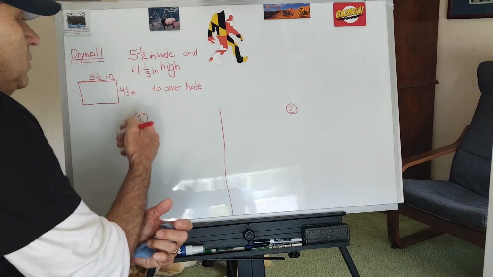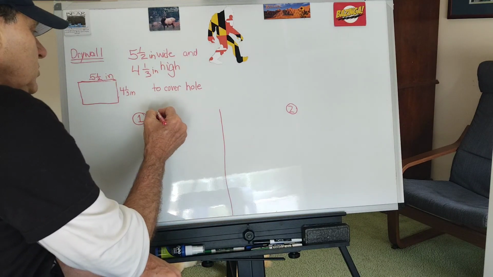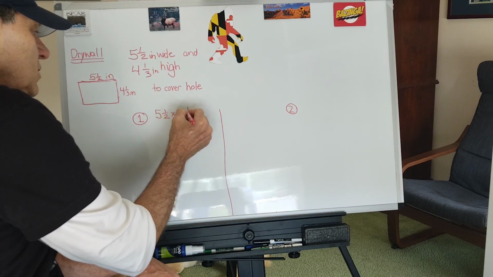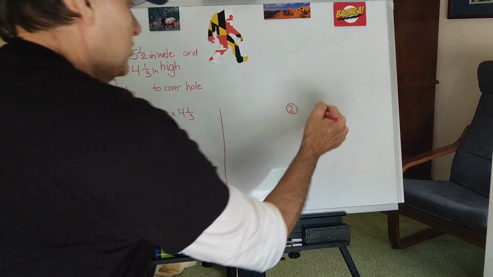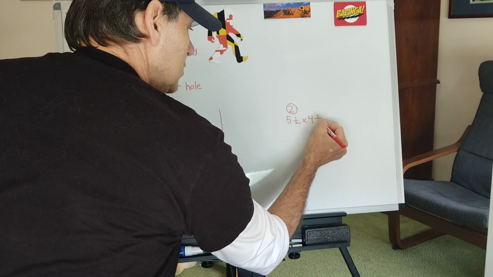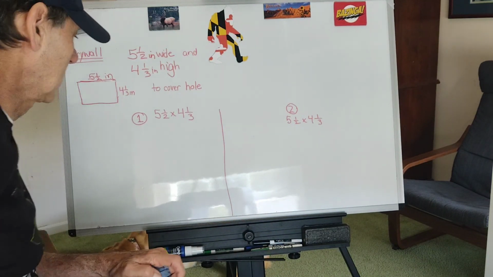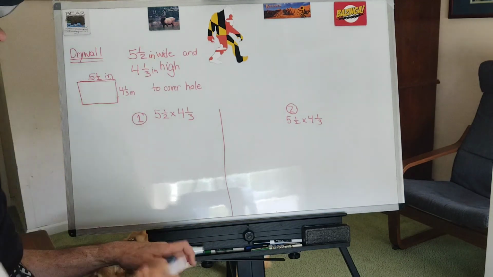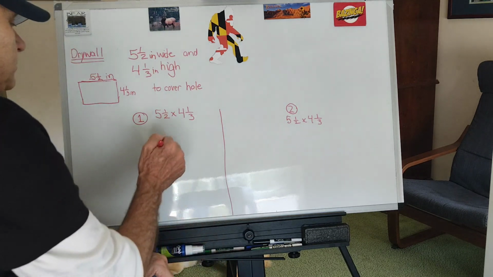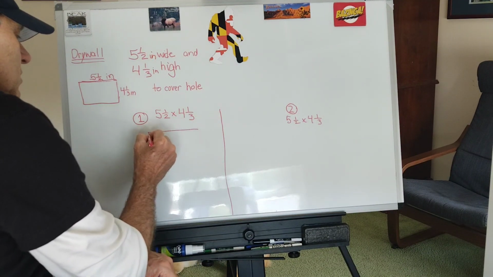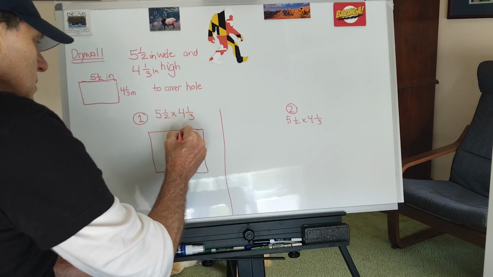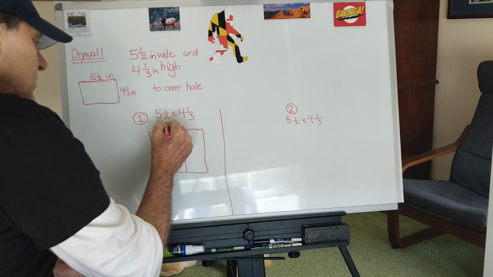So, one way to solve this problem is to do 5.5 times 4 1/3. Now I'm going to show you two ways to do that. And you have to decide which one works best for you. One way is to use the area model. And I'm going to make my grid. And I'm going to divide it up into 5 1/2